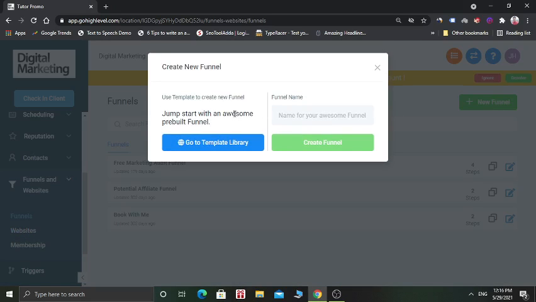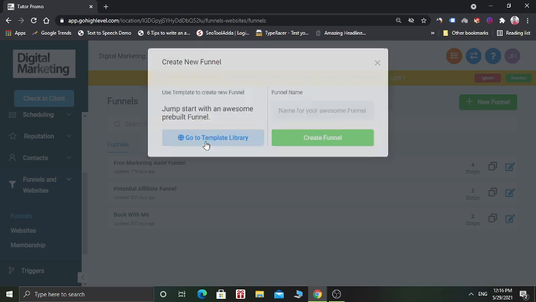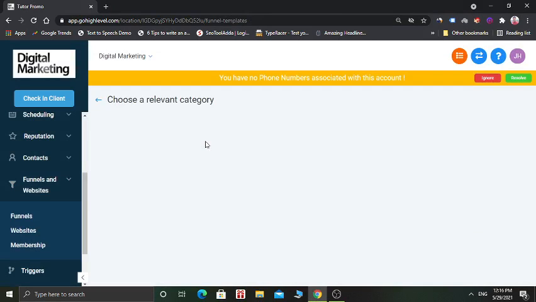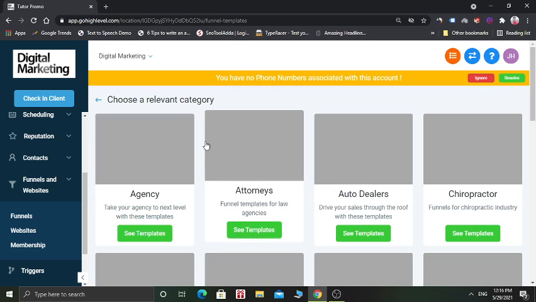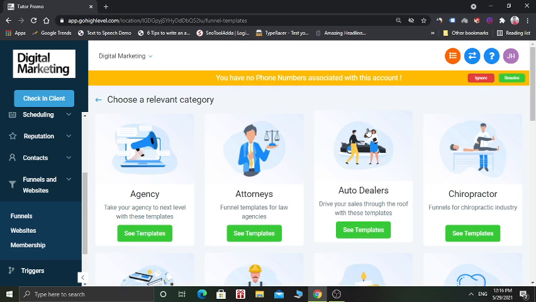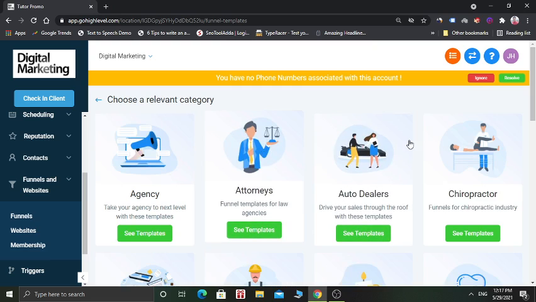and here you can see that you can use the ready-made templates which are available in the Go High Level software. You can go to the template library and you can choose any of the previously built templates.